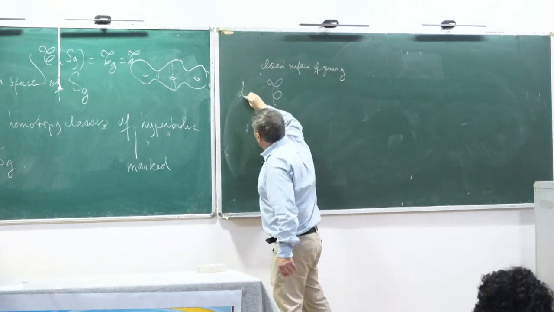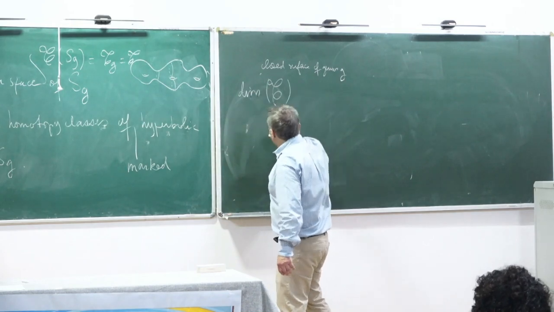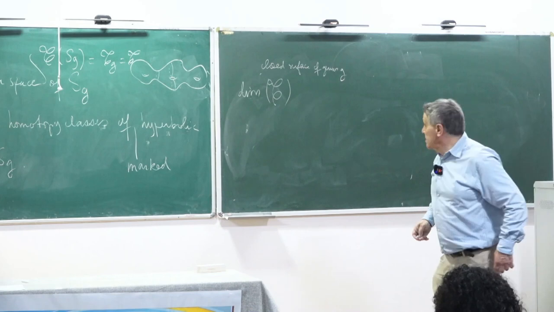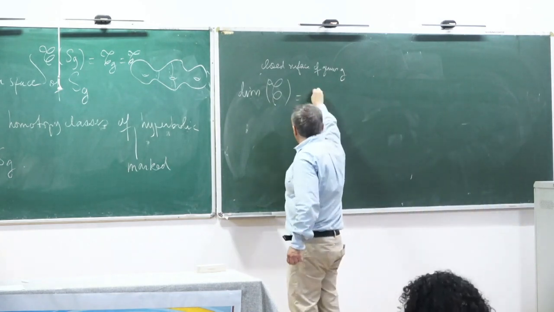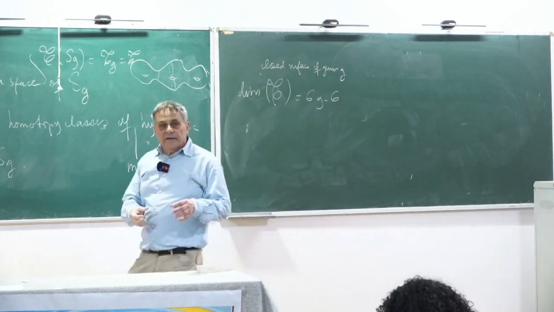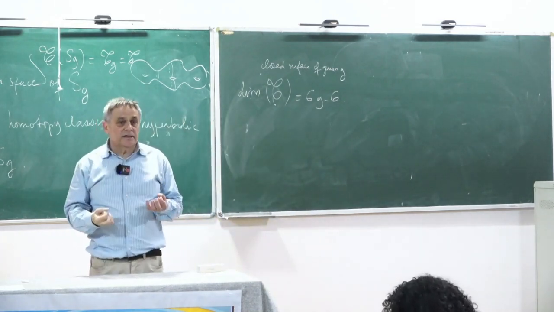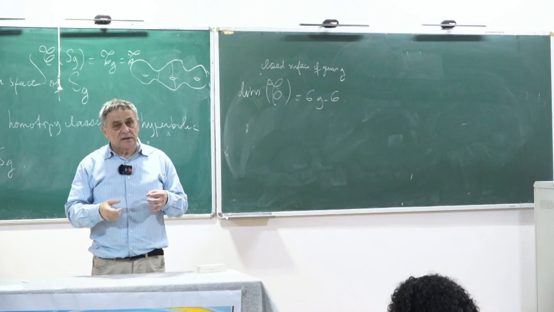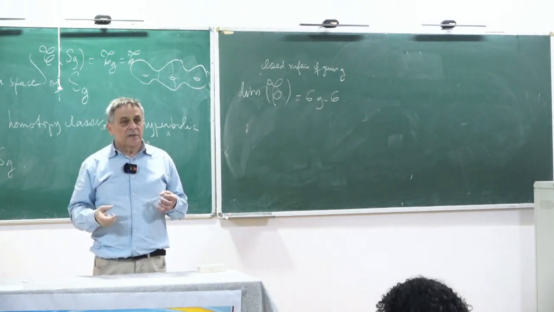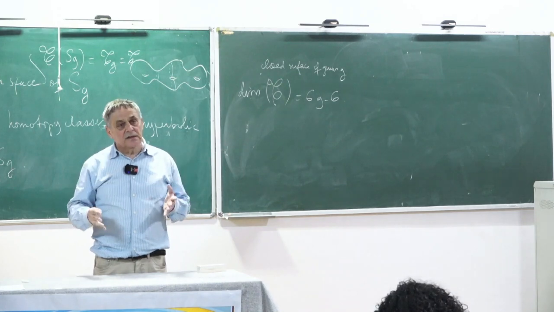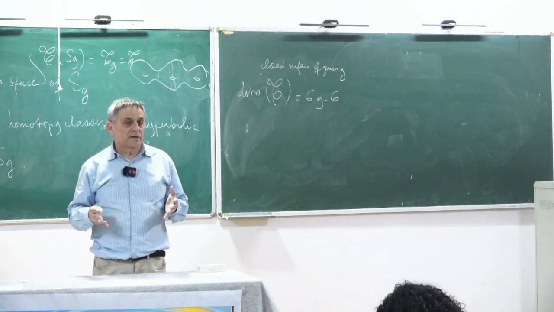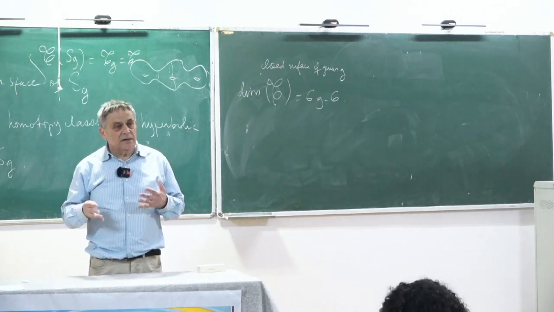What is the dimension of this space? You remember? What is the dimension of this space? Yes, 6G minus 6. And the good question is whether I can find 6G minus 6 closed curves, homotopy classes of closed curves on the surface, such that if I know the length of these 6G minus 6 closed curves, then the surface is completely determined